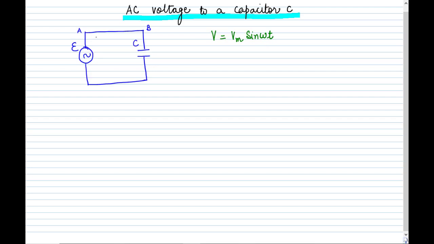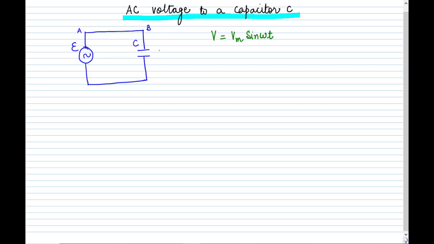Now first of all, the voltage is given to the capacitor and the capacitor starts charging. Then it is fully charged. Then it also starts getting discharged through the circuit. So this capacitor is alternately charged and discharged. Because this is an alternating voltage, the current reverses. Whenever it is positive, the capacitor is charging, and whenever it is negative, the capacitor starts discharging. So whenever a capacitor is connected to an AC voltage source, it is alternately charging and discharging.